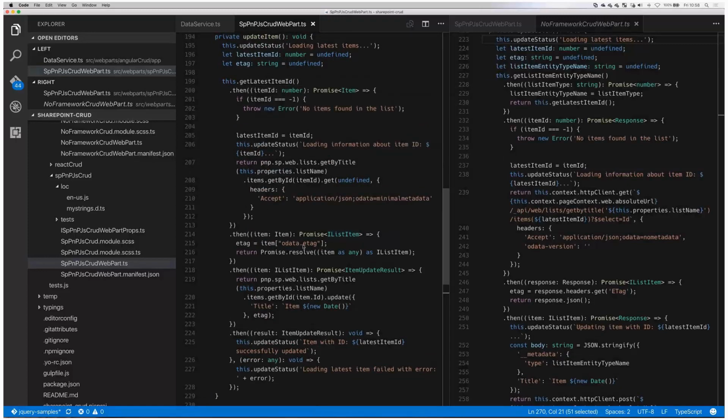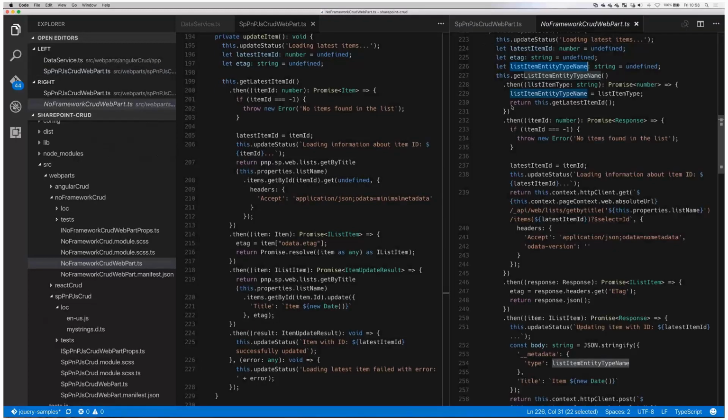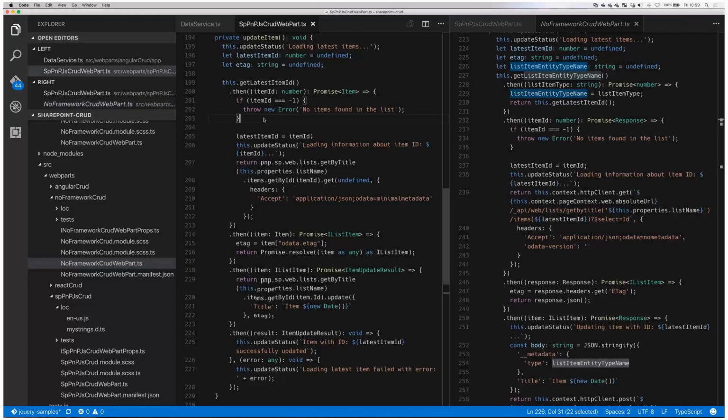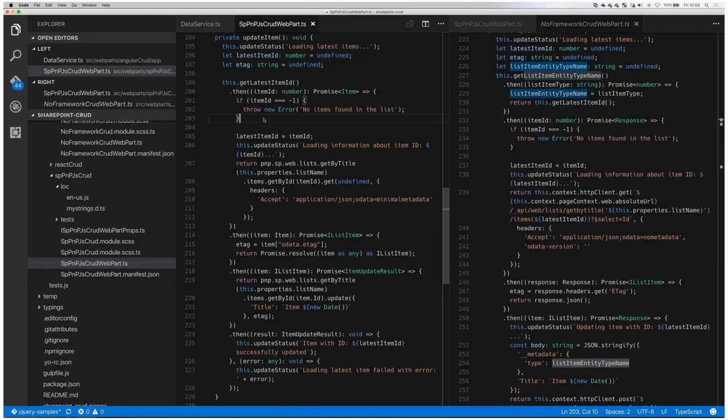So for example, here on the right-hand side, the first thing that we have to get is the list item entity type name. That's the type name that we have to include within the body, right? Which is all the way down here. If you look at the SP PnP library approach, we don't need to do that because that library does that for us by itself. So the only thing that we have to do then is to get the ID of the item that we have to update. Well, we have to do that because that's our own logic, right? So we chose ourselves